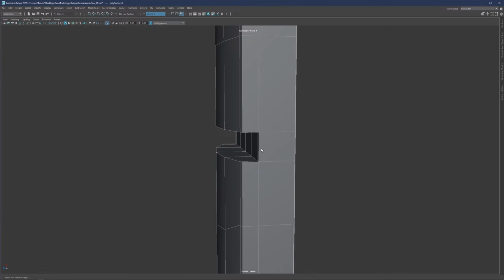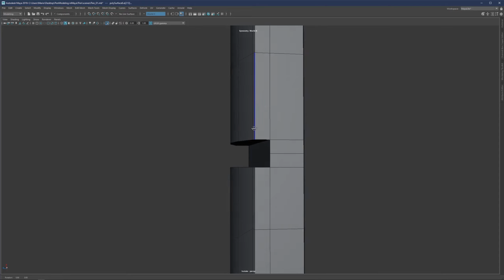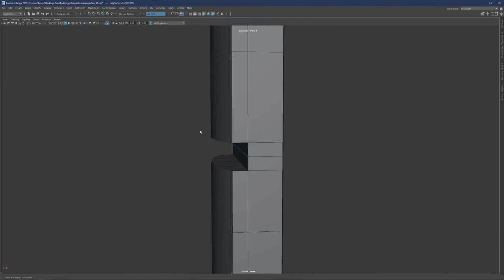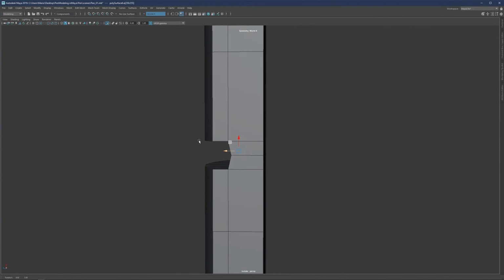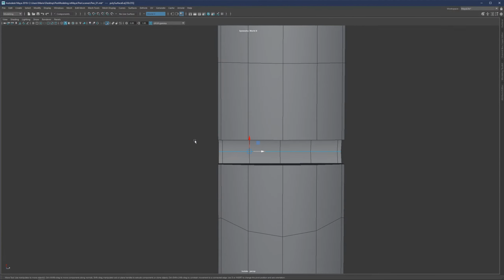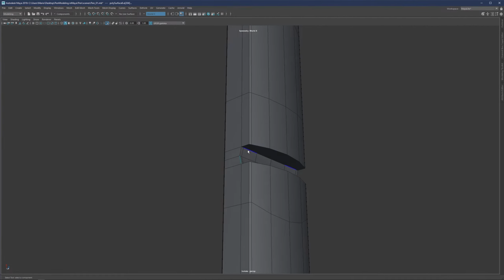Now there's one thing that I would like to do, which is add one edge loop here in the middle. All right, so maybe I would like to select this mid loop and move it a bit down, like so, so that we have a slight curve right here. And if you remember what we were talking about, maybe one more tiny bit,